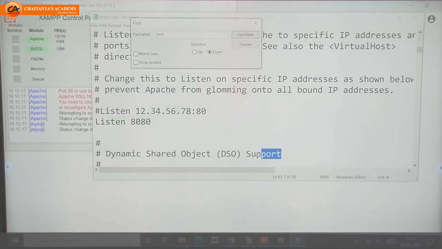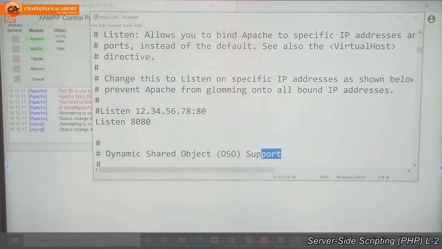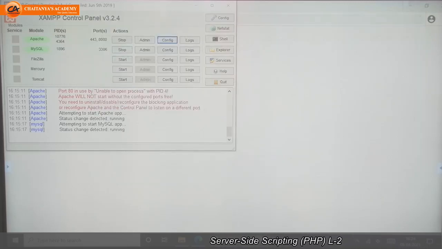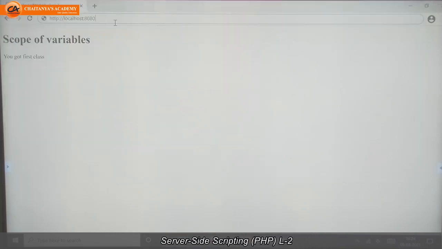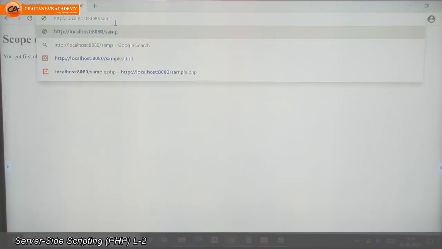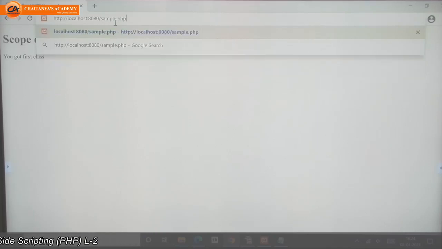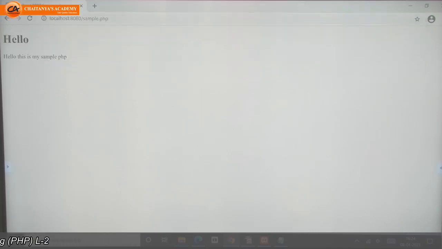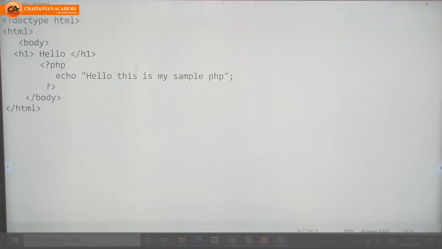Here, Listen 8080, here is the port number. Then write the port number, slash, name of the file. Which file you want to open? Sample.php. Next, enter. Hello, this is my first sample PHP.